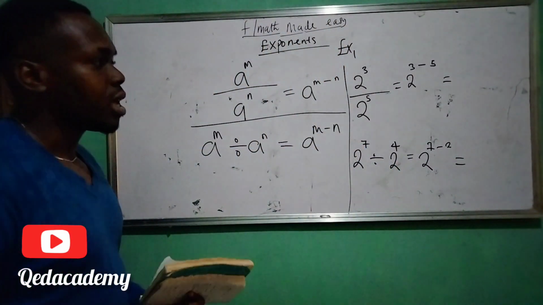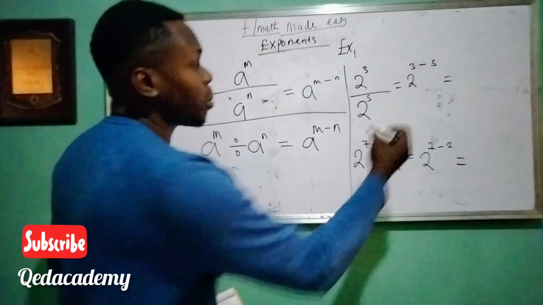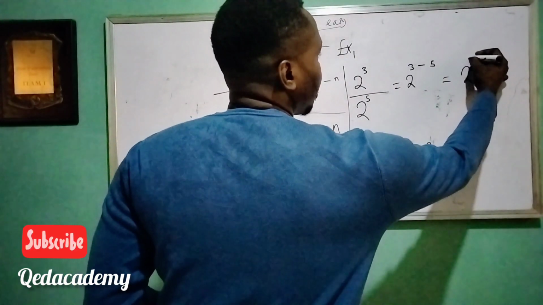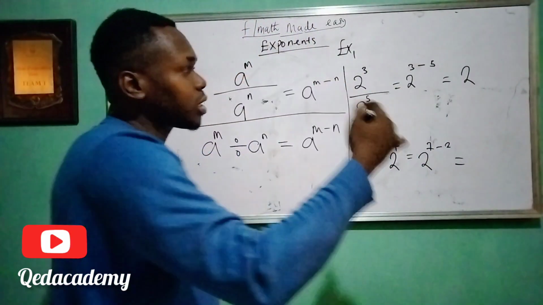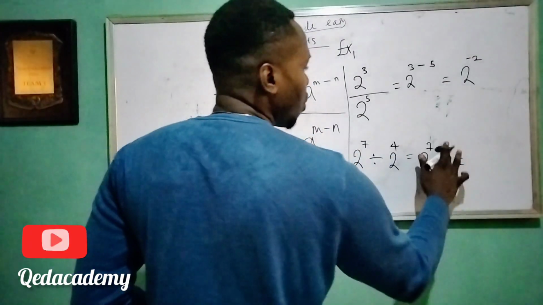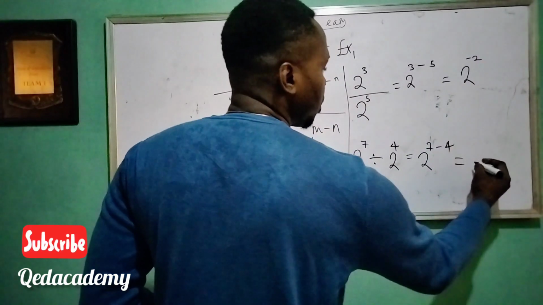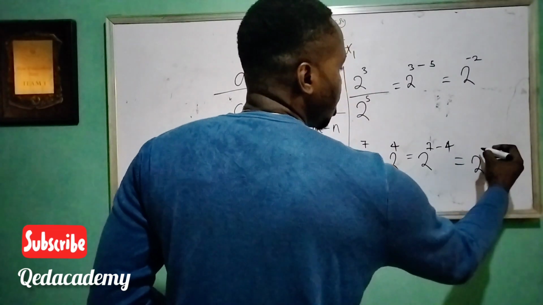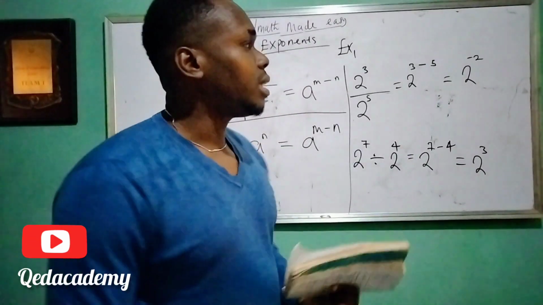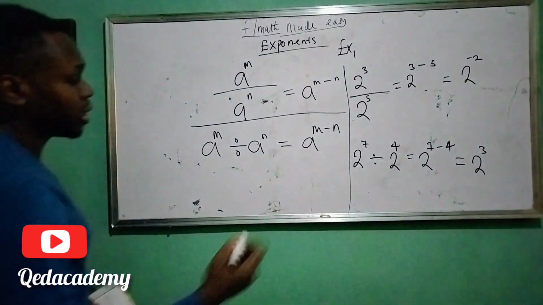So if this is the case, what happens here? We now have 2 raised to the power what? 3 minus 5, obviously that will give you minus 2, right? And 7 minus 4 will give us 2 raised to the power what? 3, right? So if you apply the index example I gave earlier,